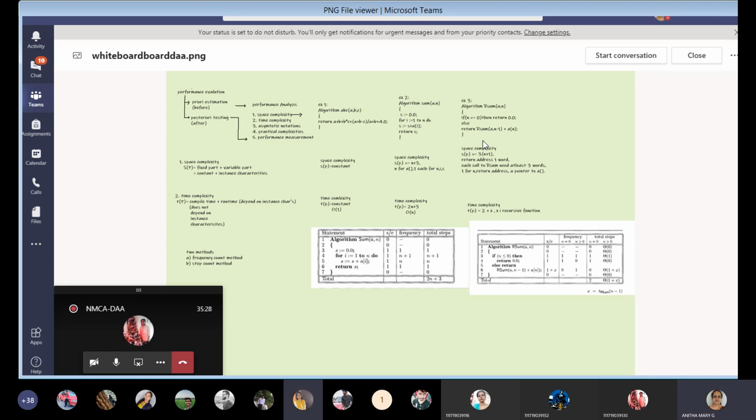Yes, so space complexity is greater than or equal to 3n plus 3 if we elaborate. So how can we write the space complexity here? Order of n only. But when it comes to time complexity, this will be easier when you tabulate it.